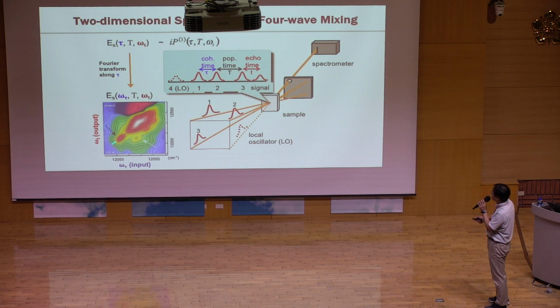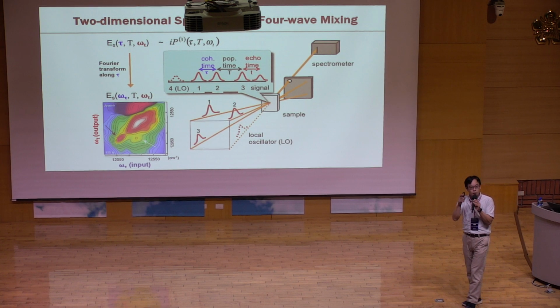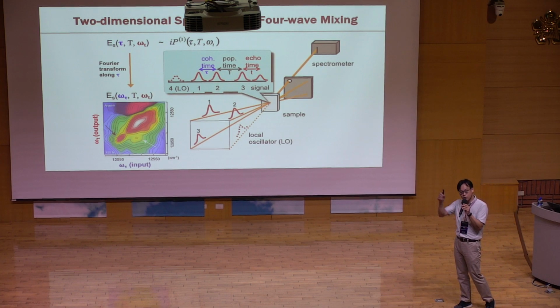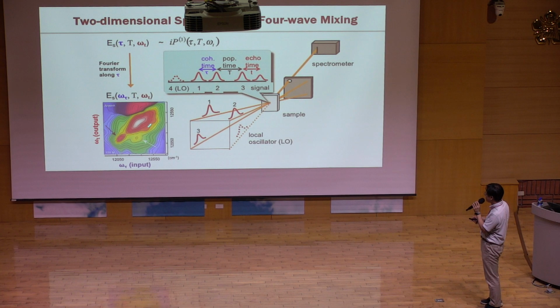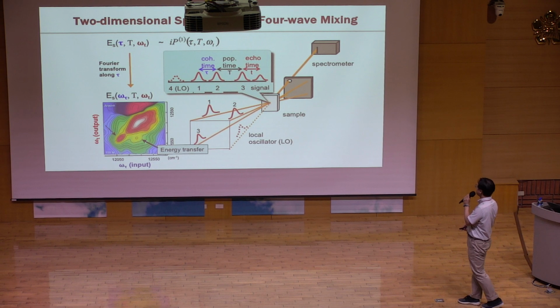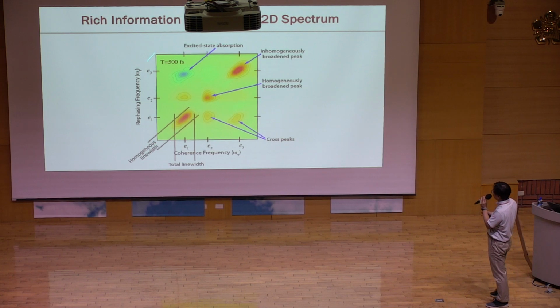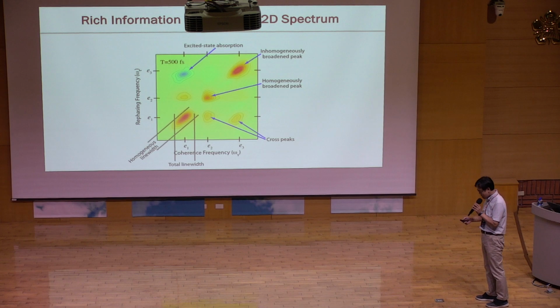For example, on the diagonal, you see the states where it absorbs and emits at the same frequency. But if you have an off-diagonal peak like this one, it means you absorb at a higher frequency, higher energy, and emit at low energy. So during the population time, this system goes through some energy transfer or relaxation dynamics from this high energy state to a low energy state, indicated by this cross peak. So this is very informative. You can also see a lot of different dynamical information in this two-dimensional map, and I'm not going to go